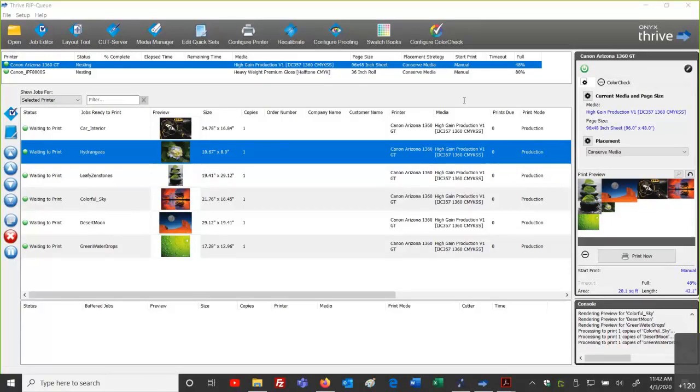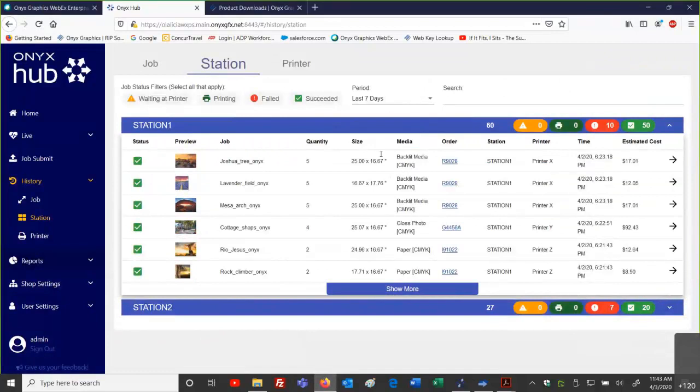It would be tracked that we made a second print or a third print, and that information would be gathered in Hub. But because that information is not that bidirectional communication type, if it's not, then we'd have to set up a standard to say, okay, everybody, you're going to track this and go through this information specifically. So, question came up: is it possible to track media usage by linear feet as opposed to square feet? That is a good question. Let me take a look in the software, in my reporting.